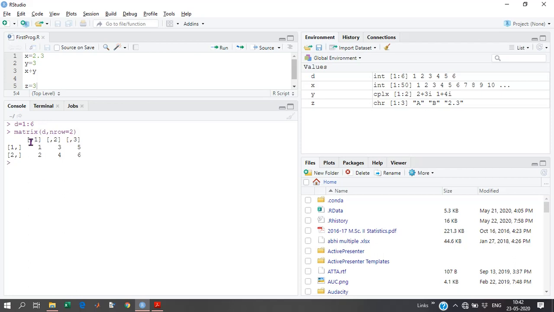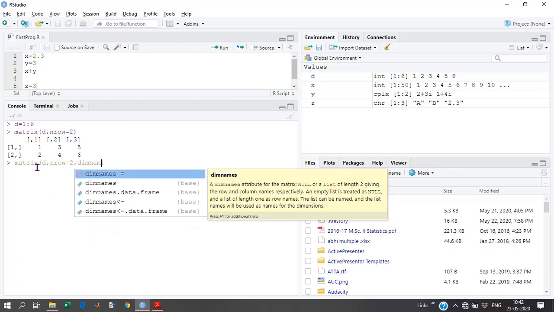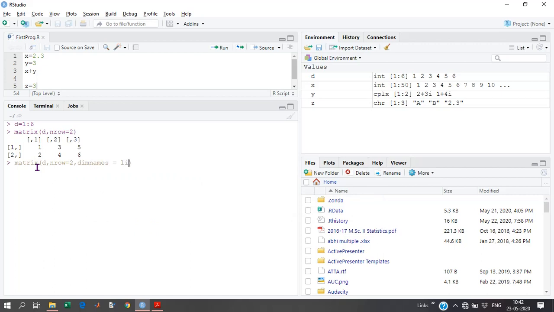Observe this, we got a matrix. No need to mention the column names and row names. But if we wanted to put dimension names here, we can put dimnames equal to, here we have to use the list thing, and first row should be row names.